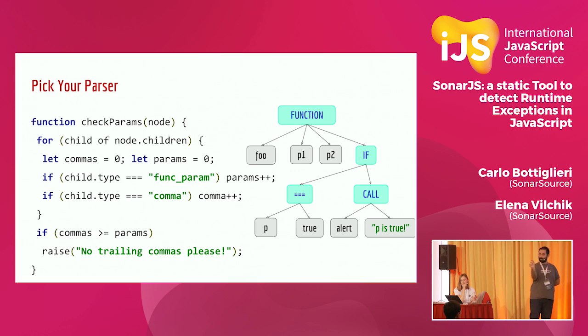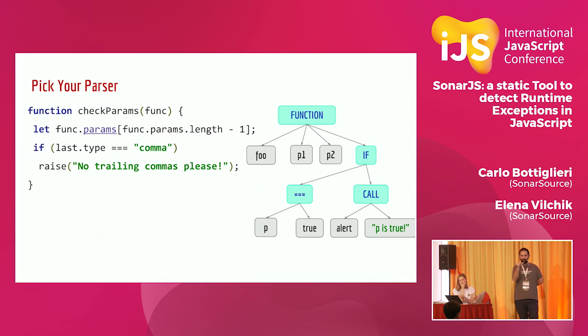I'm not even trying to place the problem, to place the issue, but already this code is super complicated for such a stupid rule. What if instead the compiler is giving me a good structure that says, okay, this is the function, and the function has a property which is params? Well, I don't need to filter or anything, I just say, okay, let's take the last element of the parameters, and